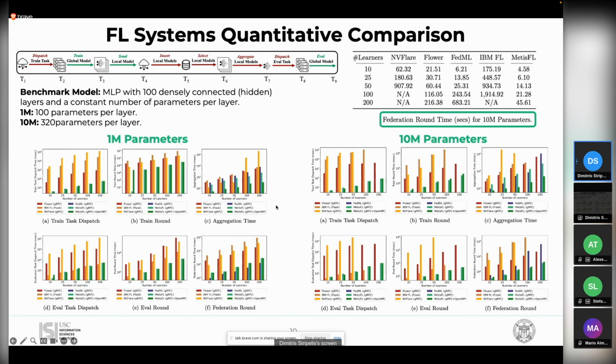Overall, this is the first time that this type of micro analysis on the different operations performed throughout the federated learning training workflow is done. And we show that by performing a better implementation or better re-engineering of the federation controller, you can accomplish a much more robust and improved execution flow and execution time overall in the federated learning training procedures.